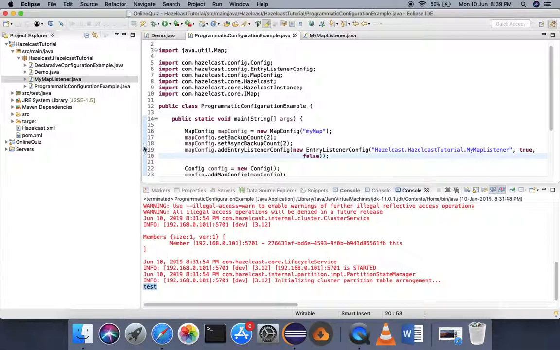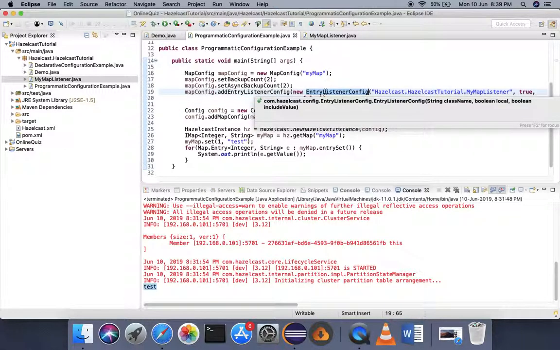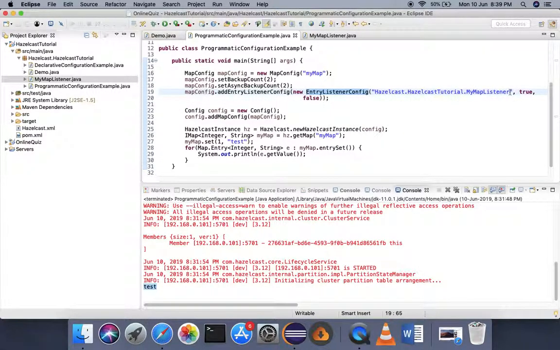So this I've passed. I was getting some error, so I imported the package, this entry listener config, and the error was gone. So what I'm doing is creating an object of entry listener config, passing my entry listener's fully qualified name, and then passing true and false.